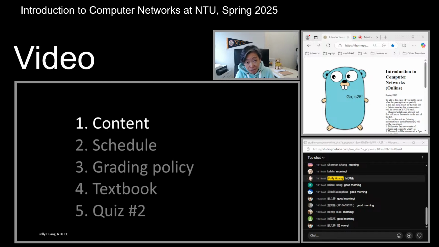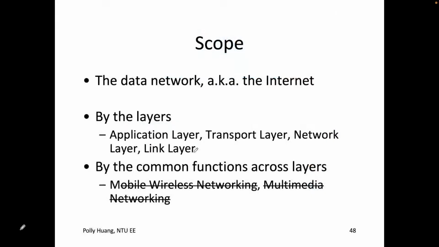The thing is this: although on the video the link layer is crossed out, Polly checked the schedule this semester, and there's no overlap of the lecture hours with holidays. So, good news this semester is that we'll be able to cover some of the protocols in the link layer chapter.